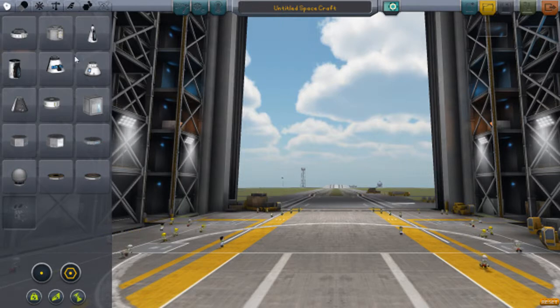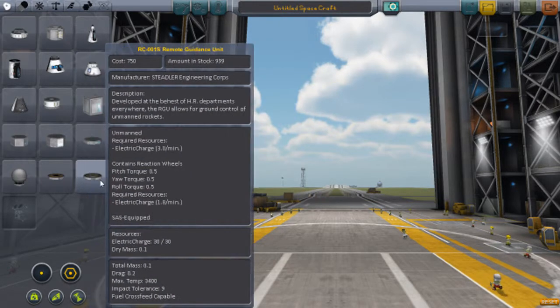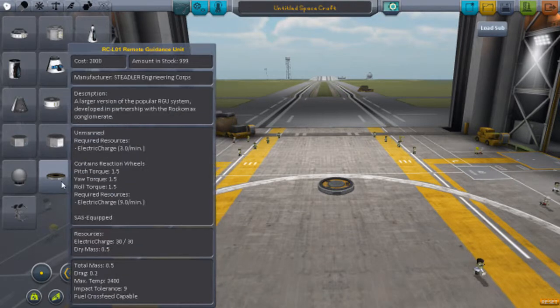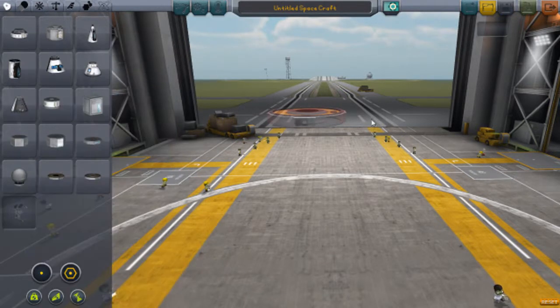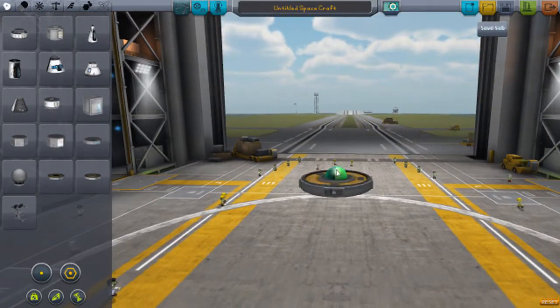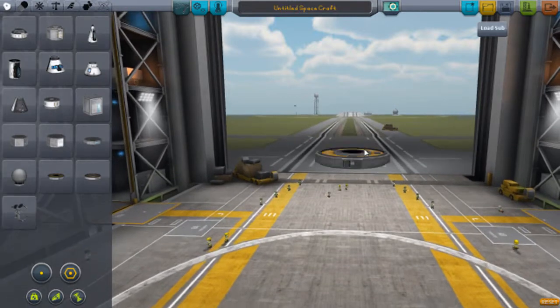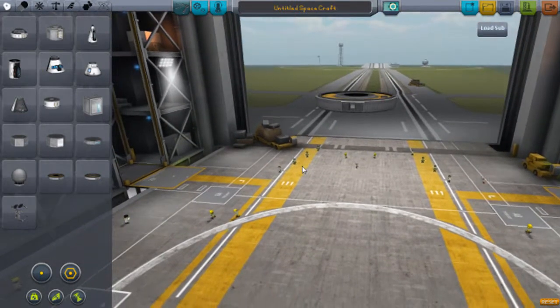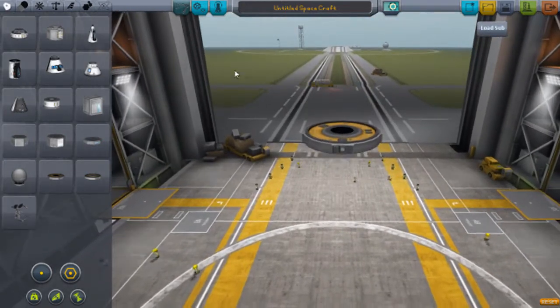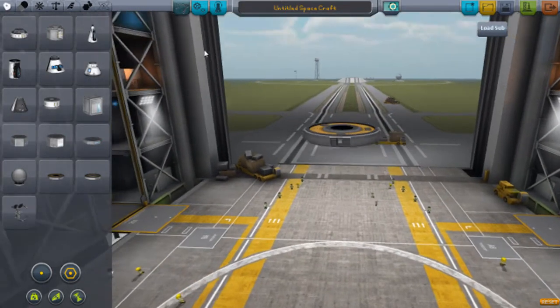But what I wanted to do first actually was basically there is a standard rocket design that I use. Why is that not letting me? That was weird. Yeah, basically there's a standard rocket design that I use for almost all of my heavy lifting stuff. So what I wanted to do was just quickly